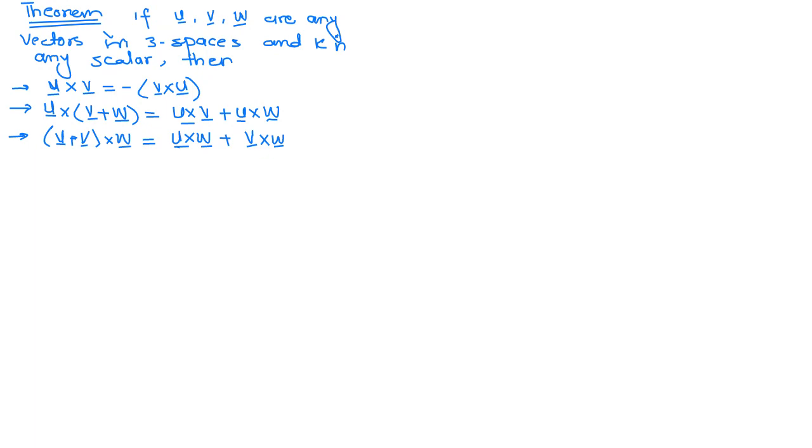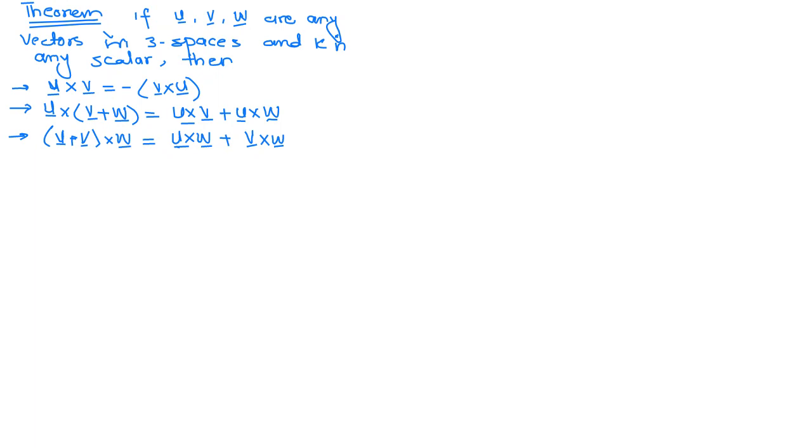Okay, good. So now what I'm saying is that if we have three vectors, and one is a scalar, we have different properties of how we can take the cross product of two vectors, and how we can take the cross product when we add two vectors, on the left side and on the right side.